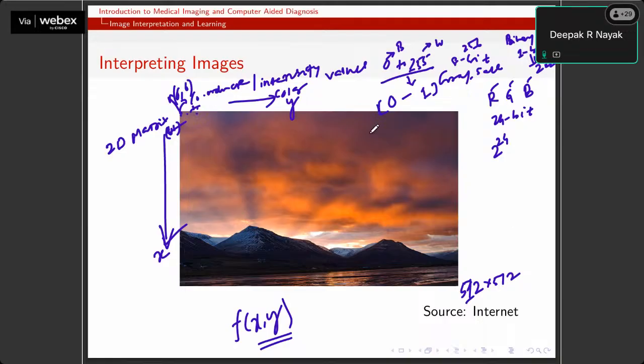And if I ask you right now to interpret this image, that means I want you to understand each and every content of this image, what will you do? If I ask this question, you will definitely tell me that this is maybe a sunset view or probably something else, right? You can tell me easily because you have seen these contents several times earlier.